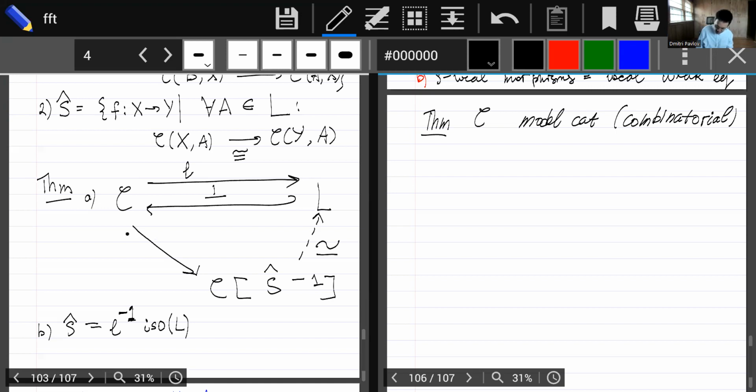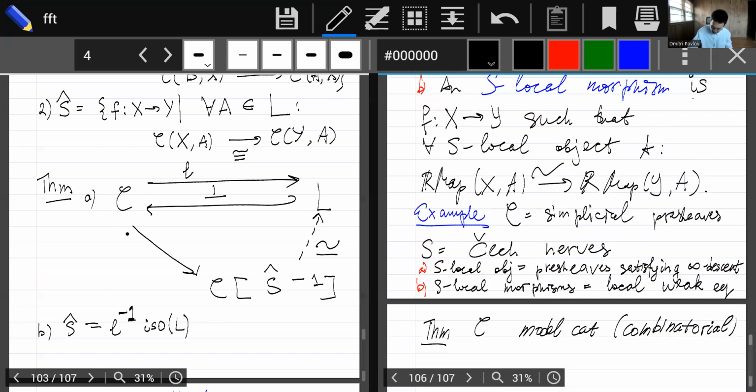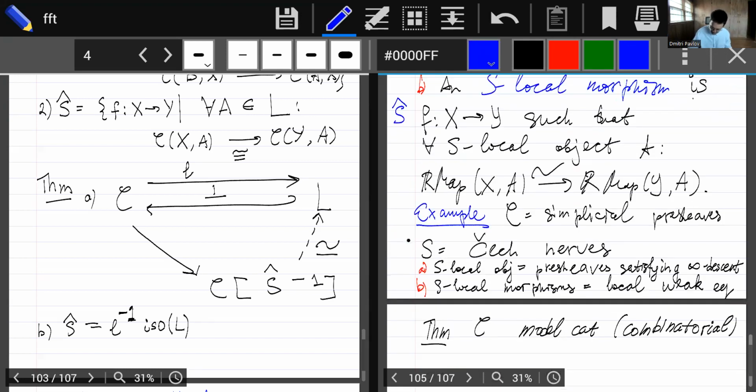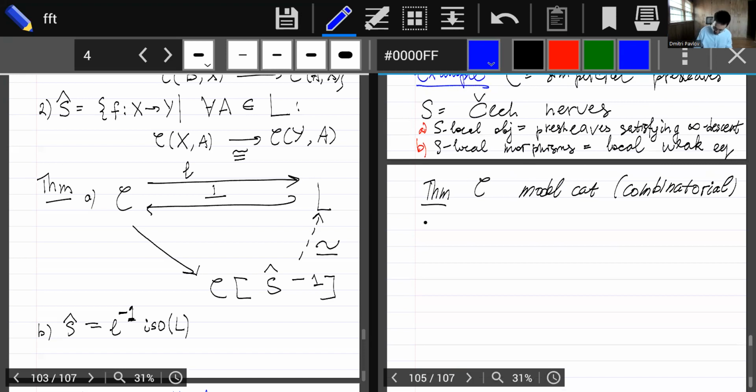Then there is a completely analogous diagram of functors. So we previously defined the set of S-local objects. Let me denote it by capital L. And we also defined a class of S-local morphisms. Let me denote it by S hat. And once again, you have similar restrictions. So let me take part B first, because that should be logically first. S hat is precisely, well, no, sorry, that's not the case. So first, I should say,